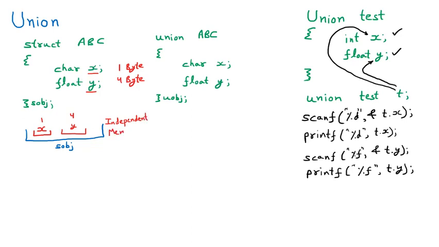So if somebody asks us how the memory is going to be declared inside the structure, you are having n number of elements. So n number of memory will be declared, that is the total sum of the elements. Now you can see that X is taking 1 byte, Y is taking 4 byte. So how much total memory is allocated? Total memory allocated for OBJ is 5 byte, which is equal to 1 plus 4.